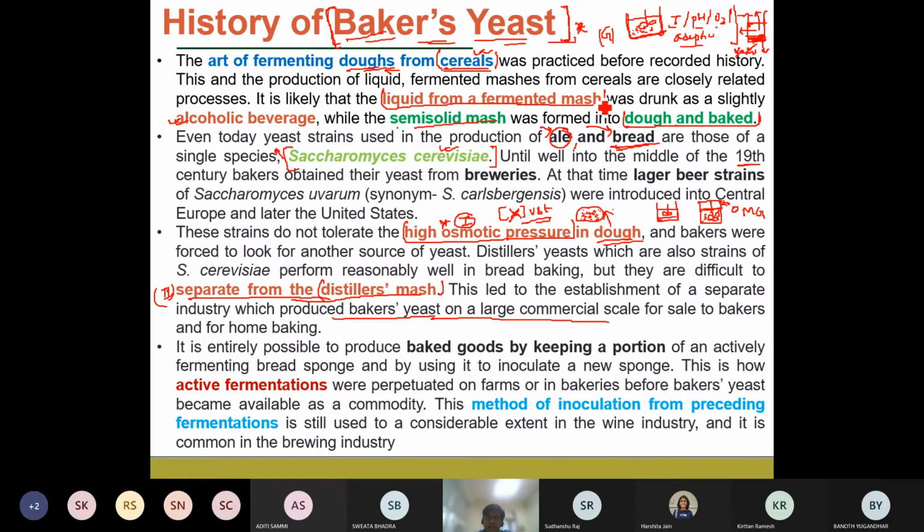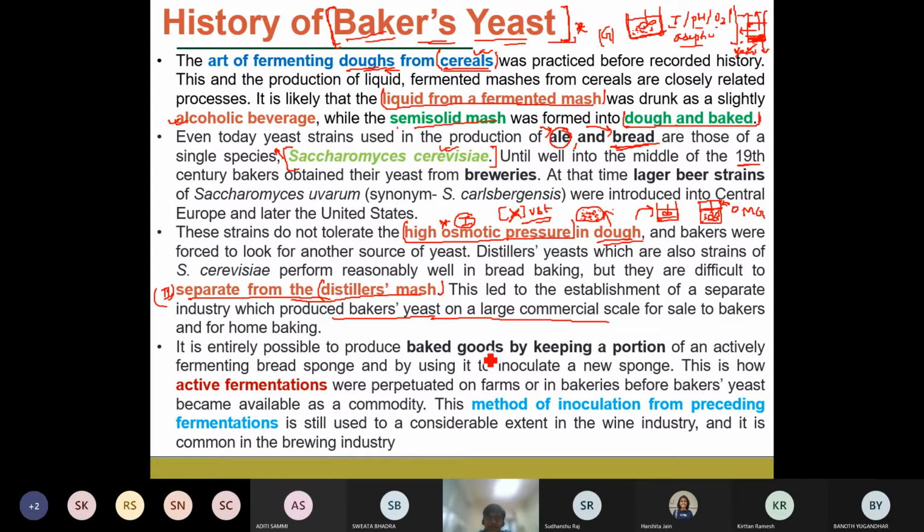fermentation, how was the fermentation carried out? Generally, if one batch was produced, a small portion of these yeast cells would be taken and inoculated into another batch. So this method of inoculation, taking from the previous batches into a new fermentation process, had both advantages as well as disadvantages.